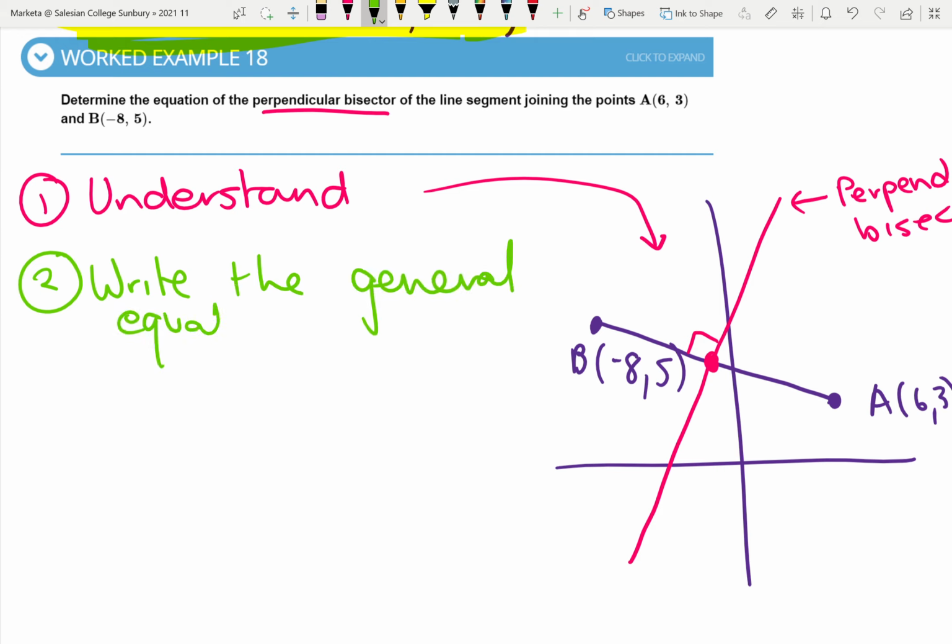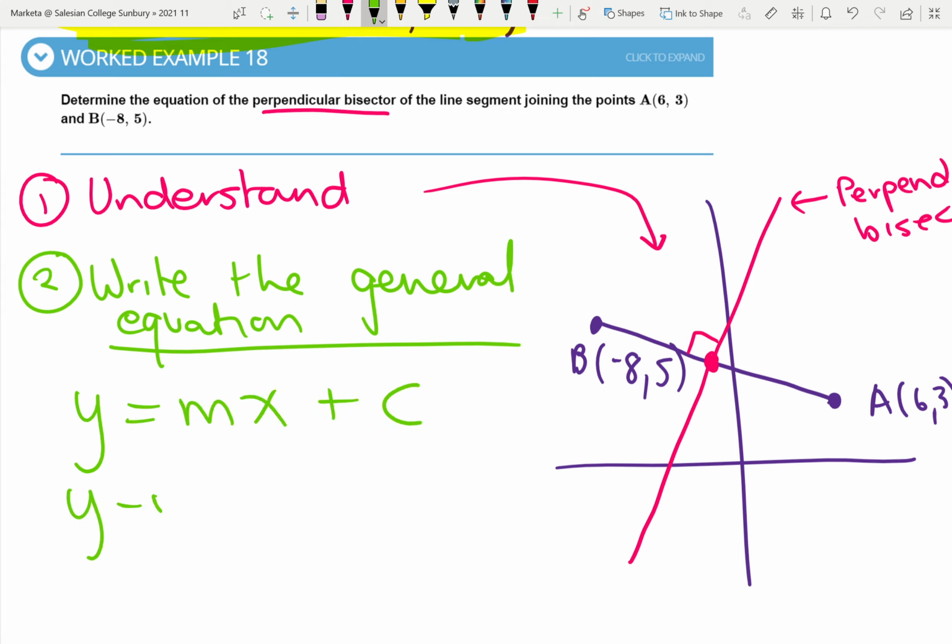equation. Now, I always use y equals mx plus c. You could use y minus y1 equals m(x minus x1). That's another equation we could use. But you'll see I always use y equals mx plus c. I think that if there's one thing to remember, it's much easier than remembering two, or in some cases more than two. So step 3,